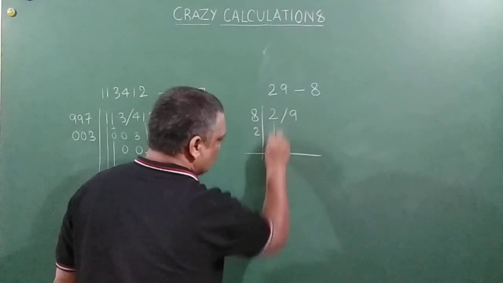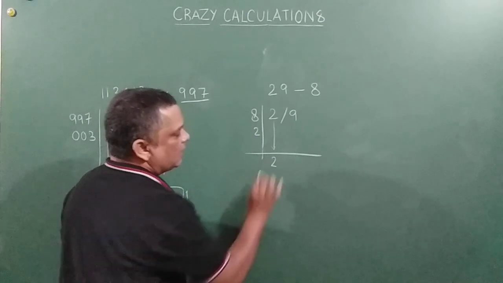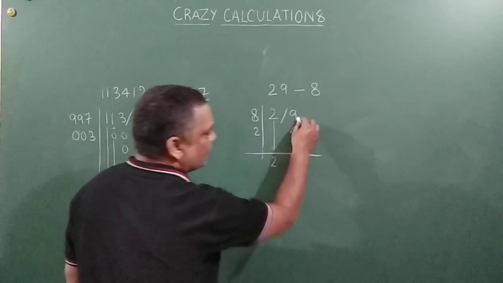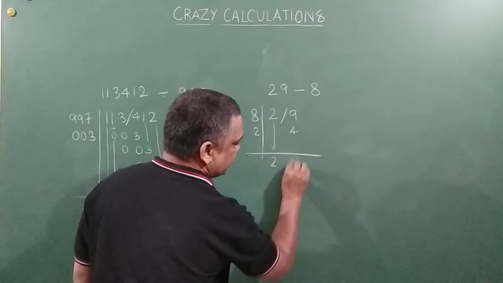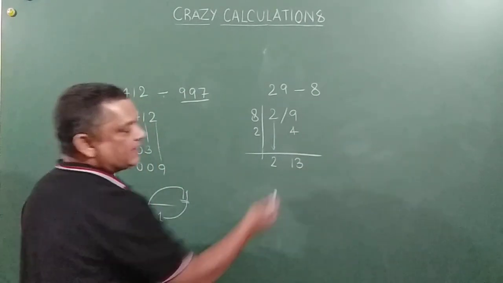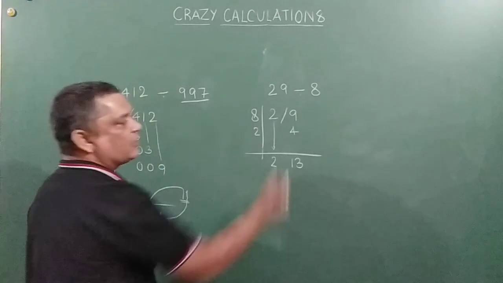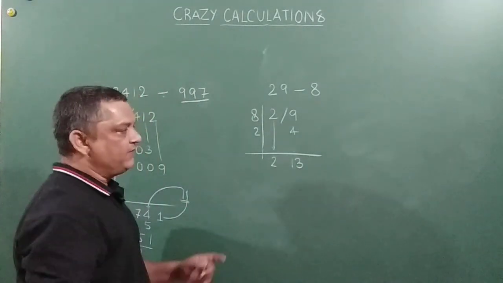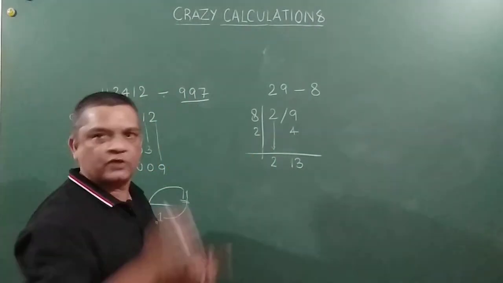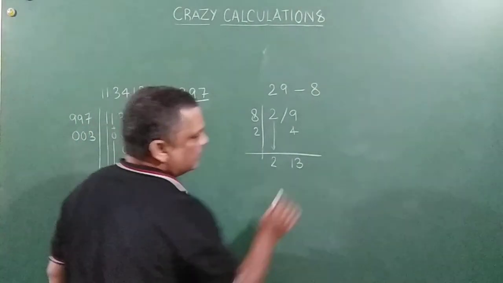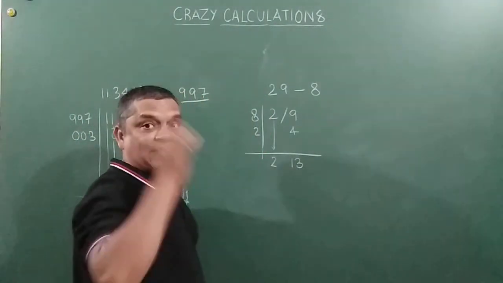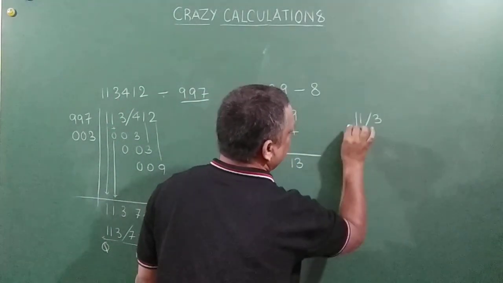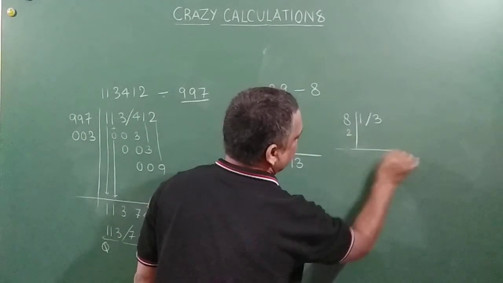So friends, this 2 I am going to bring it down as it is. Now 2 into 2 is how much friends? 4. Correct? So 4 plus 9 is equal to 13 basically. Correct? But I cannot have 2-digit remainder because I have set only 1 digit for the remainder. Right? So this 13, can we say that 13 is still divisible by 8 because 13 is greater than 8? Correct? So what I am going to do is that you can do it mentally also in your mind, or you can do it like this also. So 13 again divided by 8 is nothing but something like this.